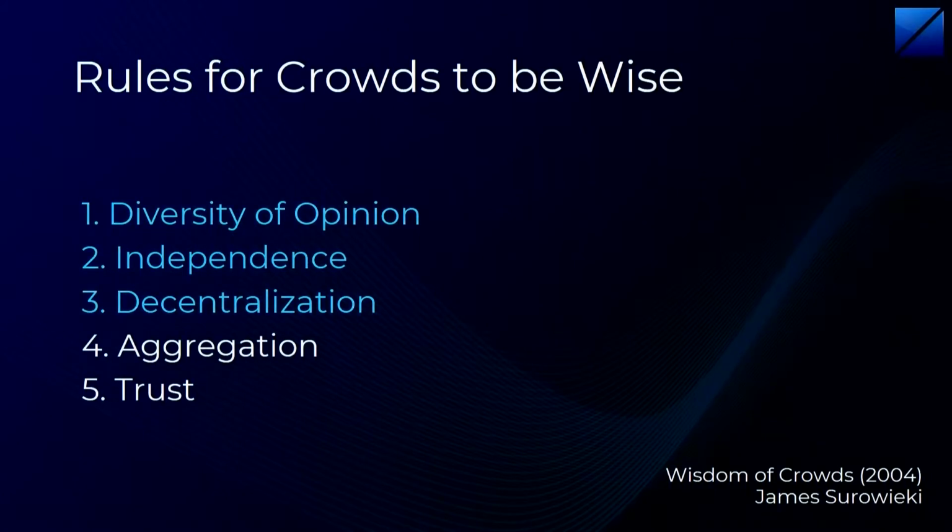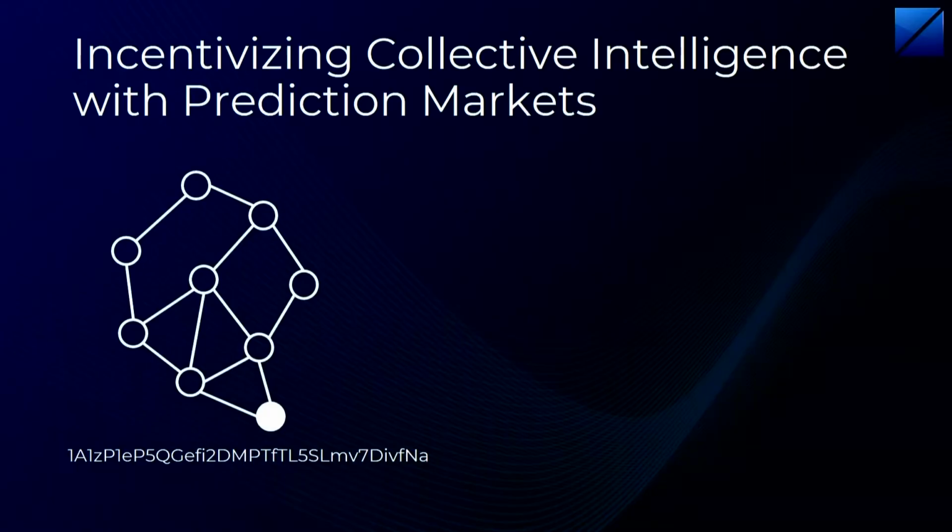So using analogies with machine learning, there is diversity of opinion, independence, and decentralization. And we know that ensemble machine learning methods already work better. So if we apply these techniques to the machine economy straight out of the box, we have a technique for aggregating information from many different sources. The only thing that we need to do as the platform is to supply the other two components, which are a means for aggregating the predictions and a way of assigning trust. I'm just going to very briefly outline the techniques that we're using to do that.